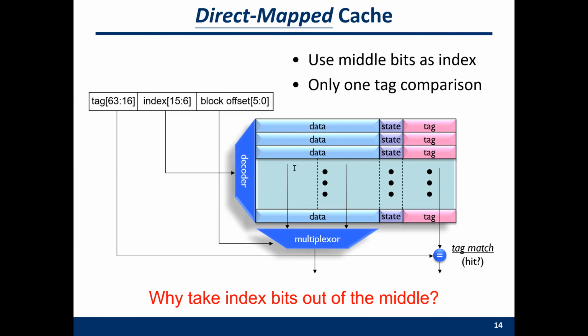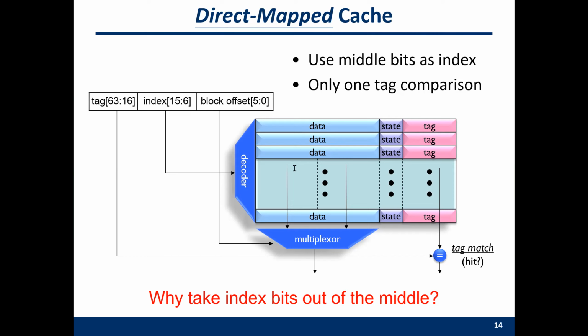Then you will go to this frame to do the lookup. Because this is a direct mapped cache, it's only possible for this address to be stored in this entry. Why? Because this is a mod operation. The mod operation decides you can only use that particular